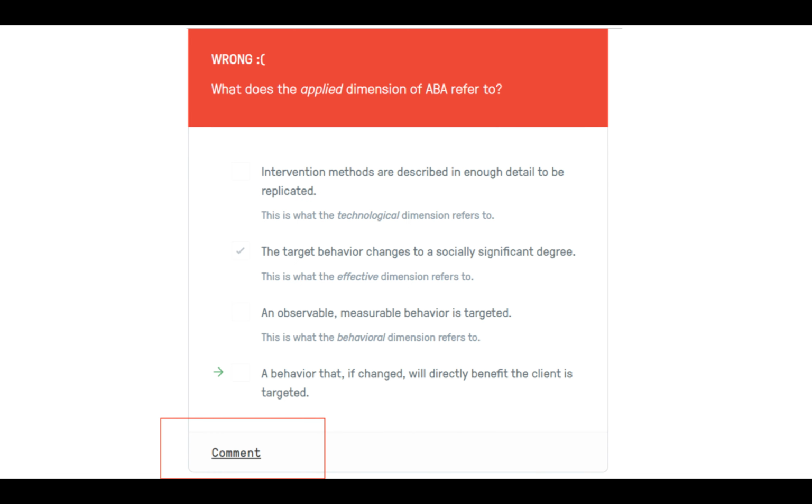You'll see feedback immediately after submitting each answer. If you see that the answer you submitted was wrong, be sure to comment as shown here with this red box to re-answer the question and/or explain why you thought your answer was correct. You'll probably need to scroll down from the video in order to see where to comment.